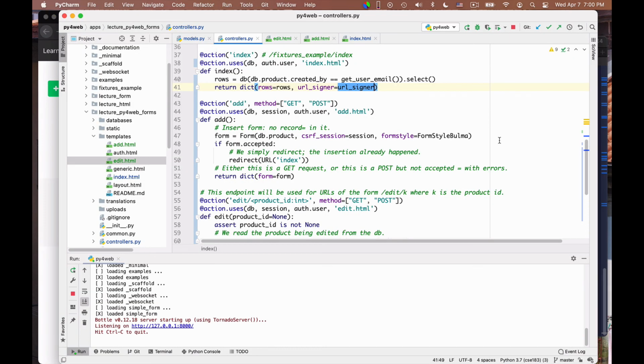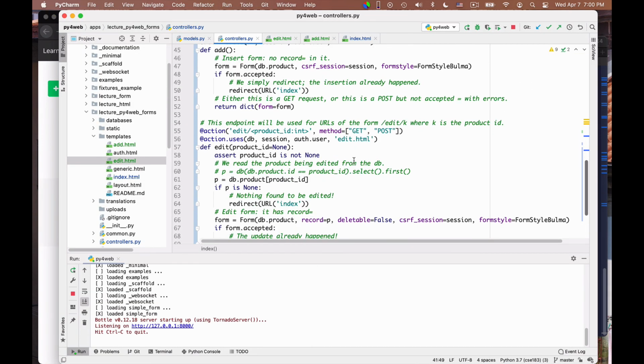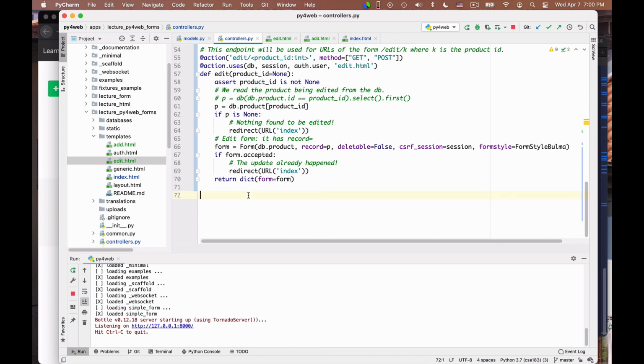Now let me write the endpoint that corresponds to that URL. Okay, so I go here at the bottom, I say action delete, and again there is a product ID, which is an integer. Okay, the method is only a get method, so I don't need to say anything else.